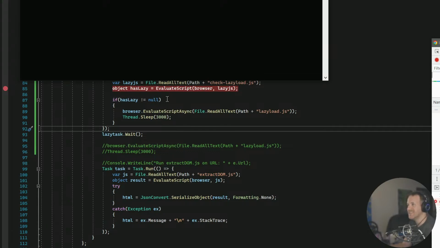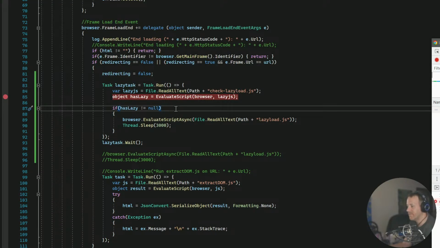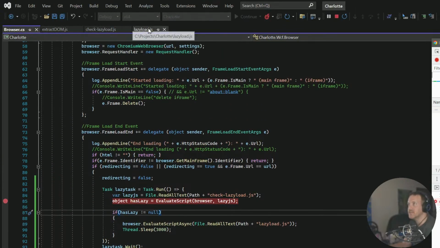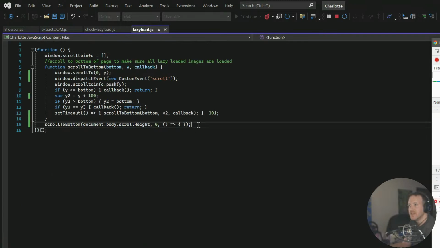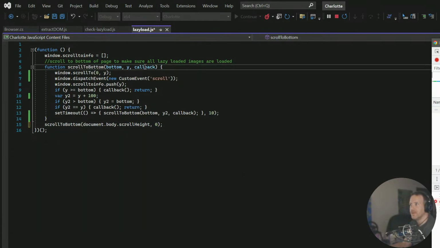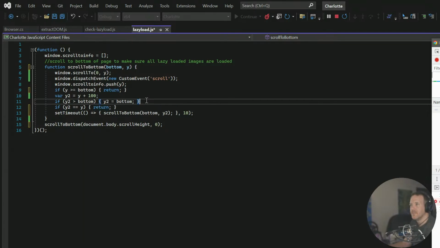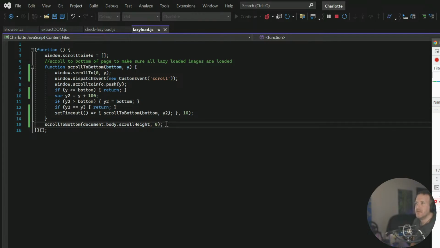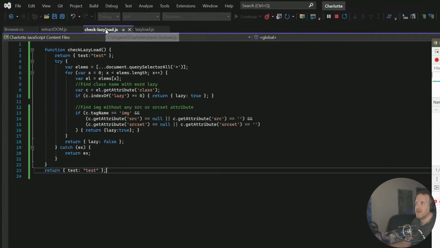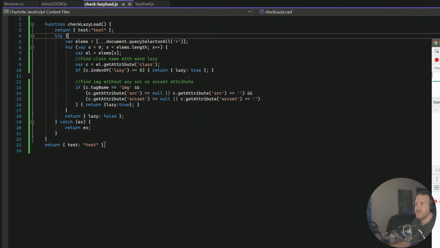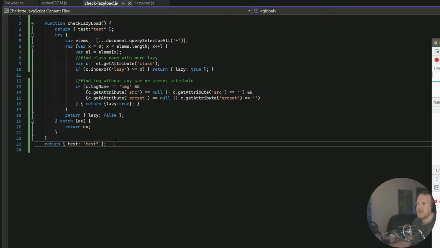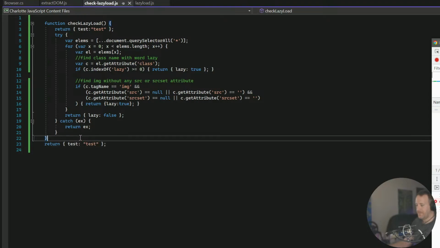Nothing. It's not going to give us anything. It's just going to sit there forever and not do anything. I don't understand the difference between these two files. There's no reason why this should happen at all. We don't need a callback. There's no reason why this shouldn't work. Unless